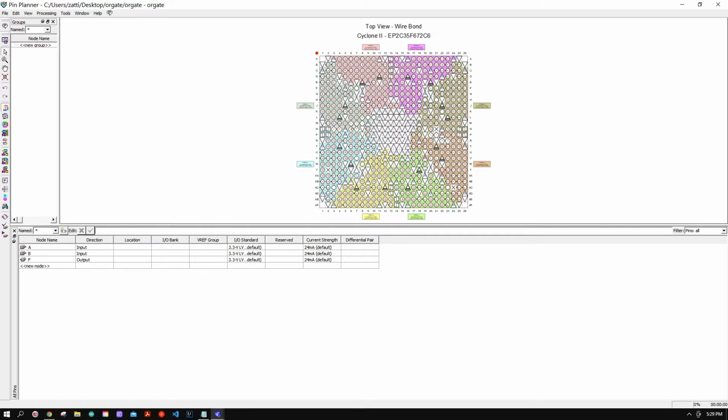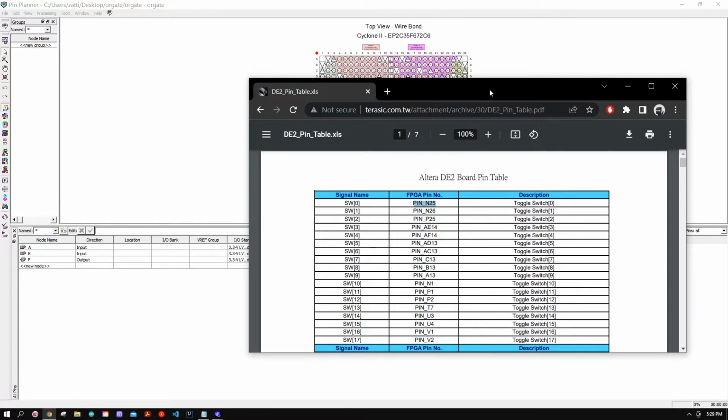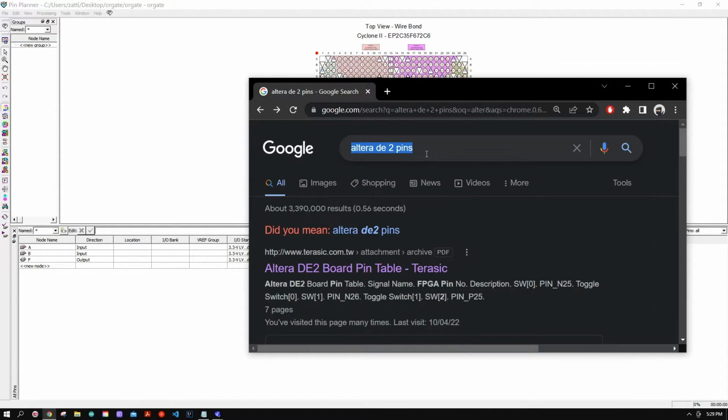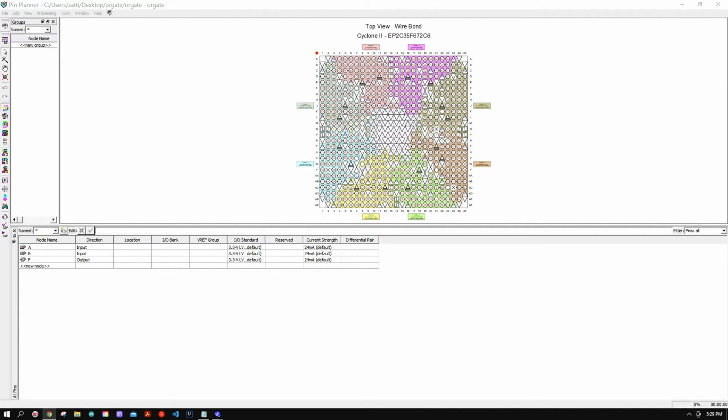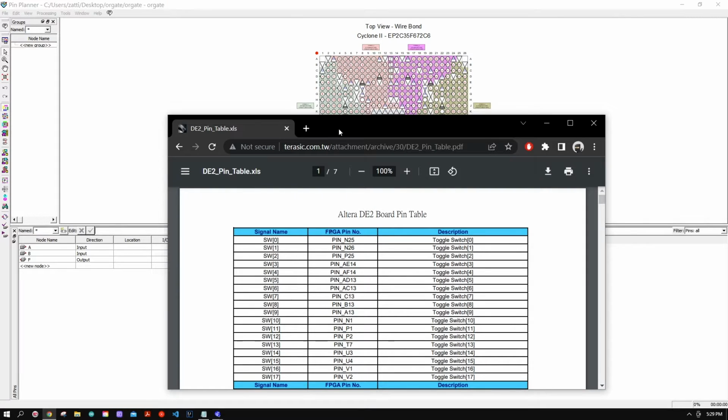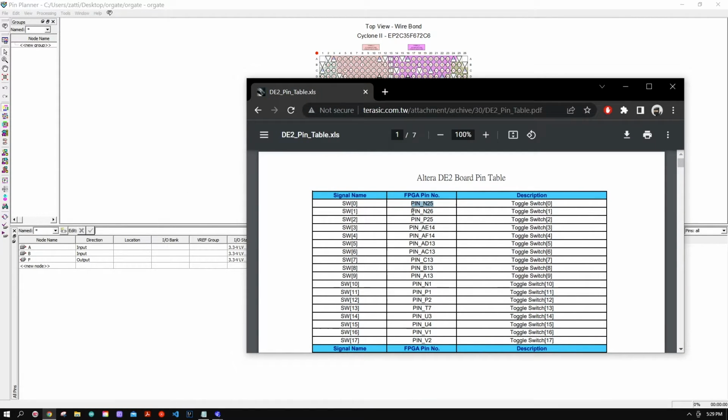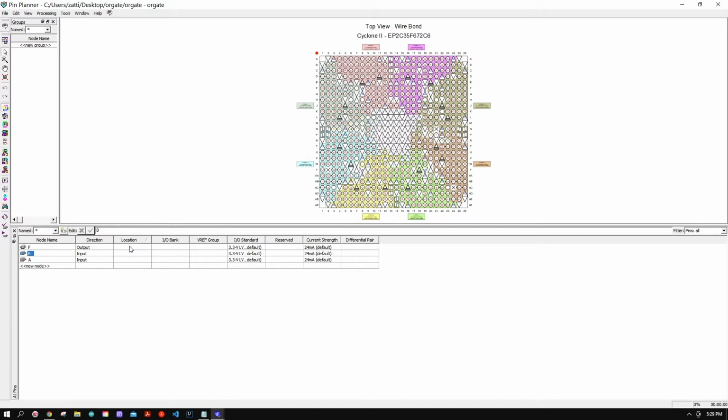Now I'm gonna declare the pins. So from the pin planner icon there, and then I will look at the Altera board pin table that I just found on Google, and I'm gonna assign. I'm looking for 2 switches, 0 and 1, to assign to my inputs, and then I'll make the LED the output. So let's copy this pin name here into A. That's going to be the input, so just paste, and then for the B it's going to be switch 1